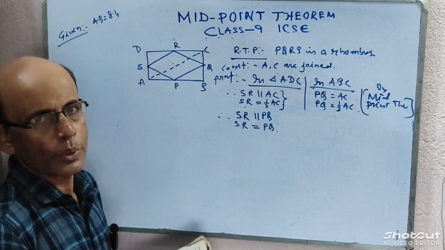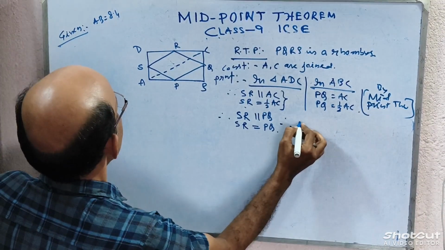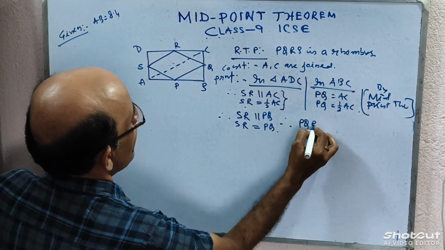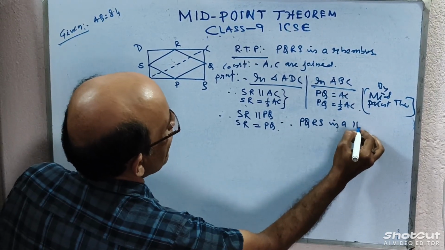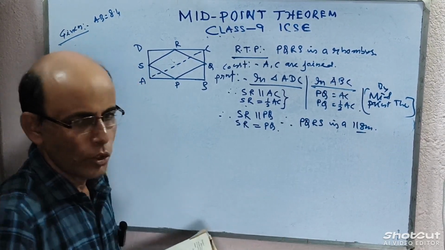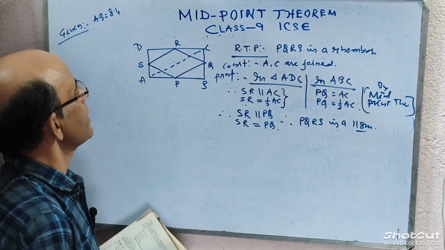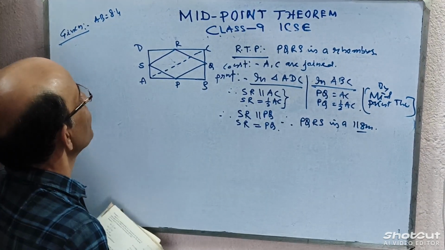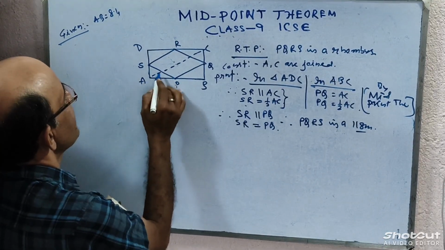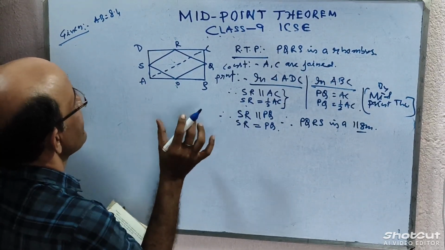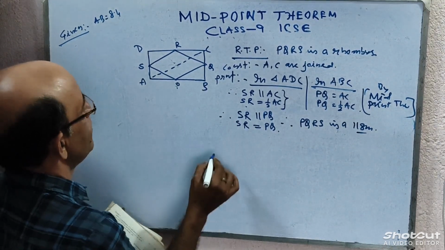As one pair of side parallel as well as equal, therefore PQRS is a parallelogram. Parallelogram proof হয়ে গেছে। এখন প্যারালিলোগ্রামের যদি অ্যাডজাসেন্ট সাইড ইকুয়াল হয়ে যায় তাহলেই প্রুফ হয়ে যাবে যে এটা হচ্ছে একটা রম্বাস।